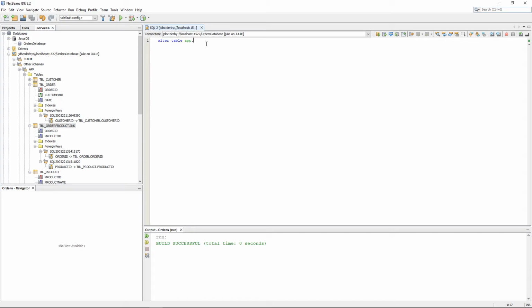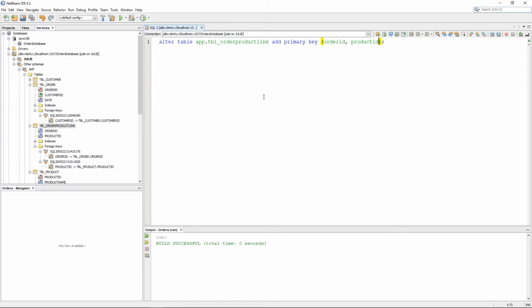So I'm going to do app dot. We're going to do the table that we're in, so it's TBL underscore. And again, don't worry too much about uppercase, lowercase in this one, that doesn't matter too much. We're going to do add primary key. Now usually what you would do in these circle brackets is put one of the primary keys in. So you put one of the fields in and say that's your primary key. If you're doing two, you just put both in with a comma. So we're going to do order ID, comma,